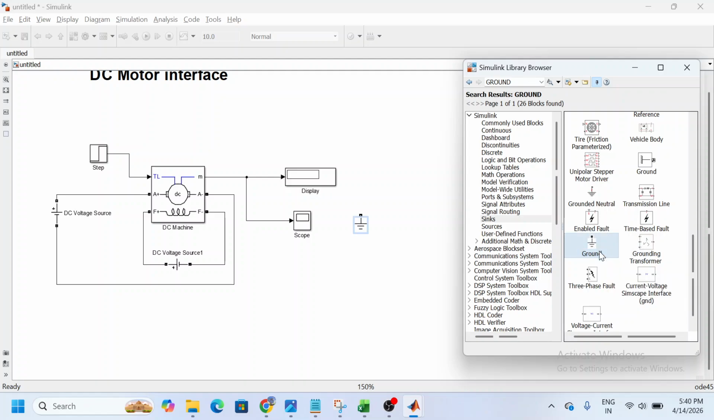Add this block to the model and you need to connect it to the DC field voltage and the armature voltage. Connect it to the negative here, and again one more, connect it to the field winding like this. We have connected two grounds. So after this